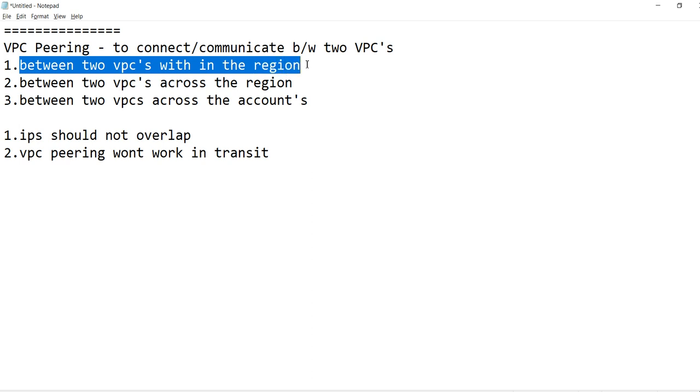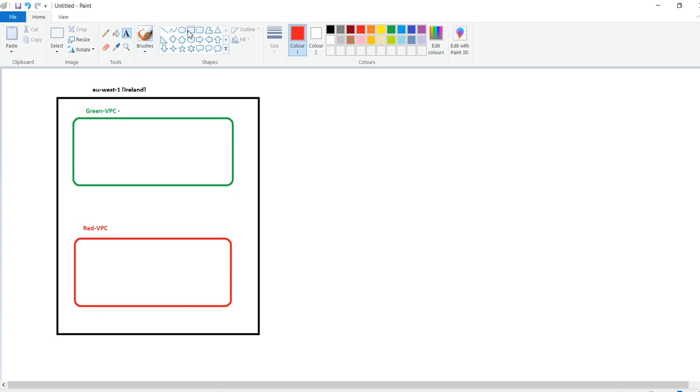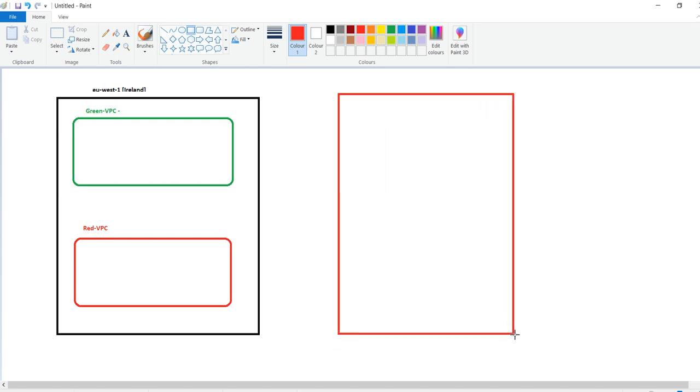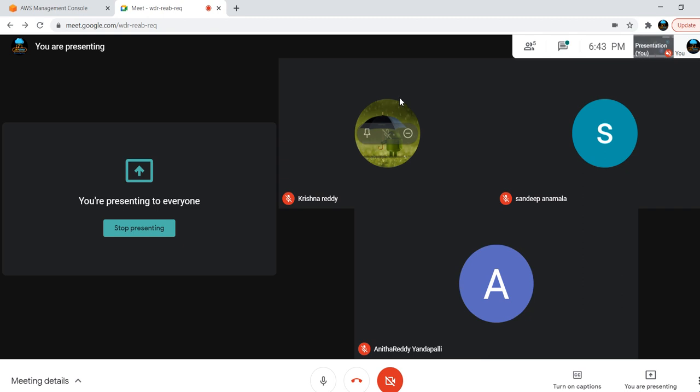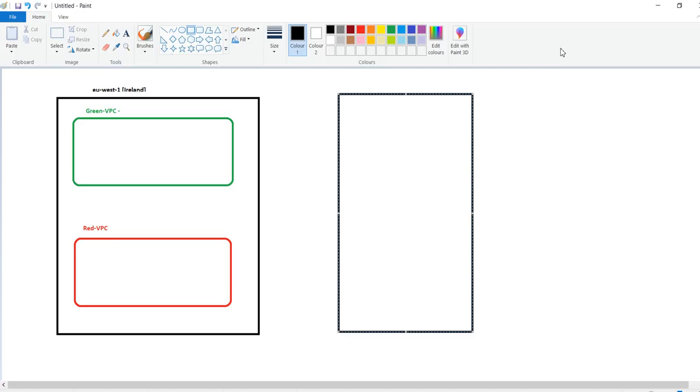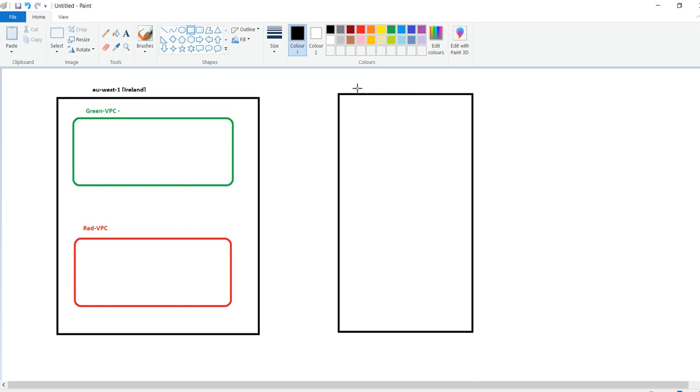So between two VPCs within the region, and the second one is between two VPCs across the region. So I'll create one more region, and assume this is my other region, Asia Pacific or North Virginia.